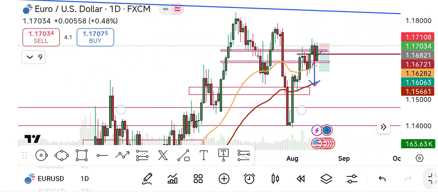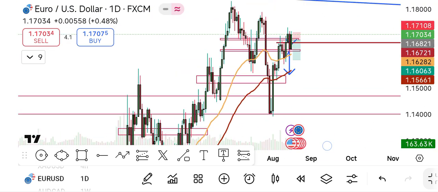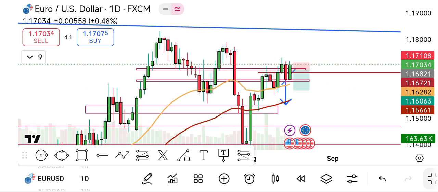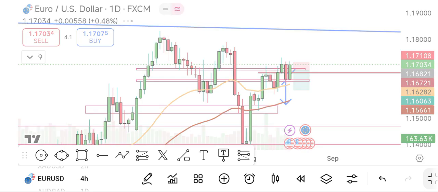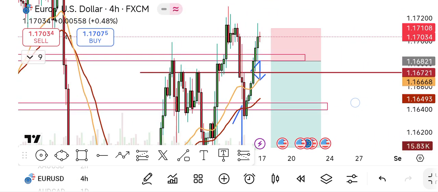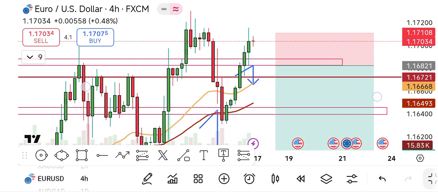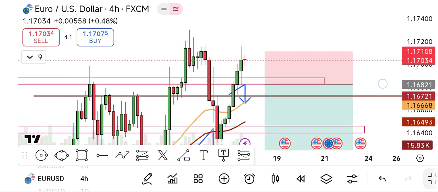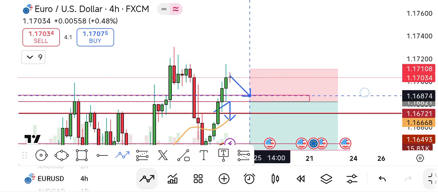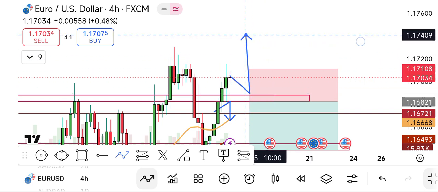You can see it has been coming from the downside towards the upside, and here it has been creating something like a reversal pattern. So let's move to the 4 hour time frame. Here it is. It doesn't give me an opportunity, but if it does, I'll be expecting something like a break and retest of this level, then moving to the upside,